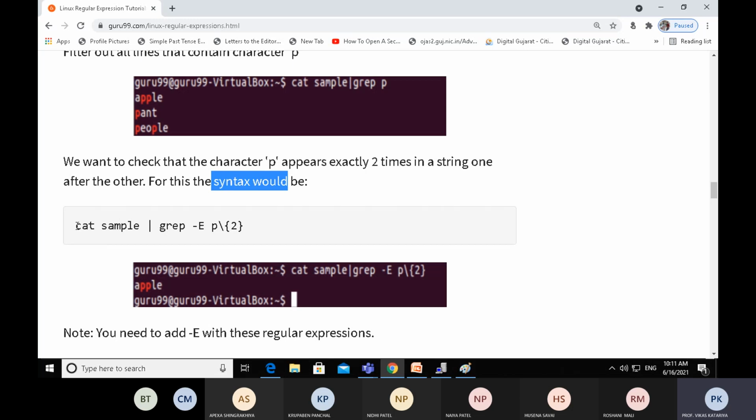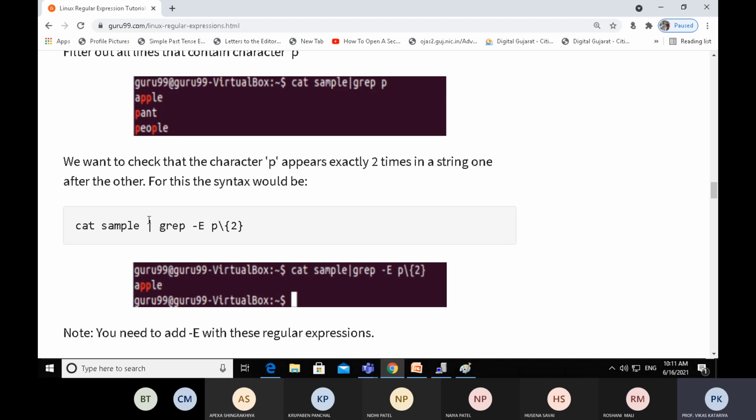What we want to achieve with this command is to filter the sample file and find out how many times the character P occurs in this output. So that is the n. That means we are finding the character P 2 times. This is the regular expression used by the grep command, applied on the sample output.